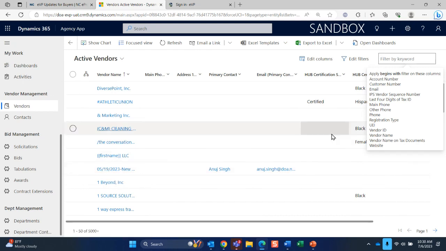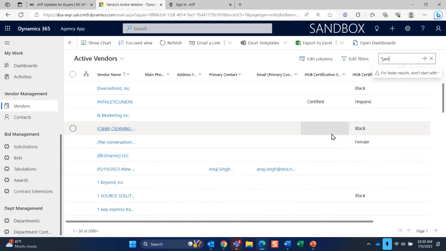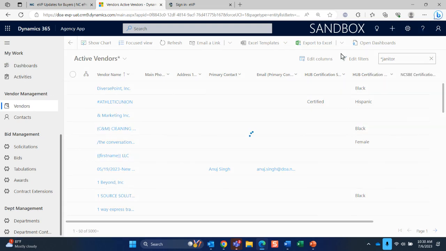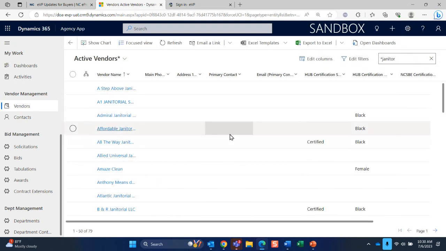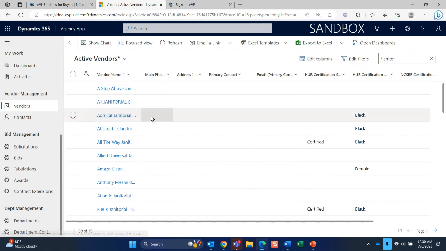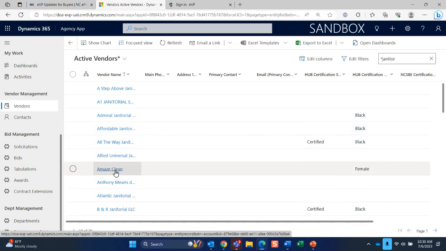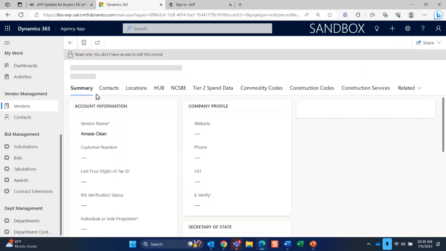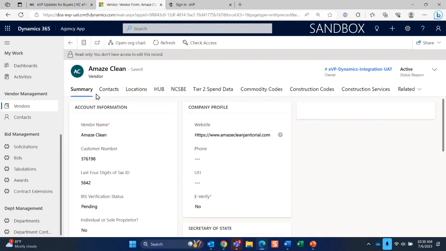So if I come here, I'm using an asterisk because I think asterisks get me more detail, and click search. That's just going to search within this page, which is currently all the active vendors. You'll see here I put janitor. We're looking for janitorial services, so it makes sense that all of these vendors coming up have janitor in the name. I look at Amaze Clean, and it would make sense that maybe they do some janitorial work. But if I click on that, and this applies to clicking on any vendor for the details,